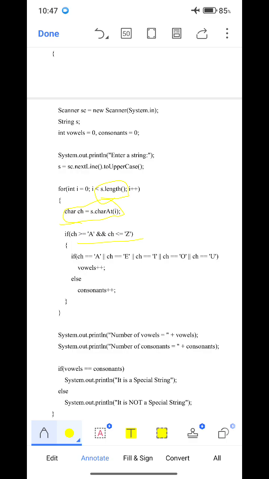If it is a small case, converted to lower case means a to z. After that, if the character is greater than a and z, next, inside that, if it is a, e, i, o, u, then vowels plus plus, else it is a consonant plus plus. Once you find it, after the for loop has run, it is going to find the number of vowels